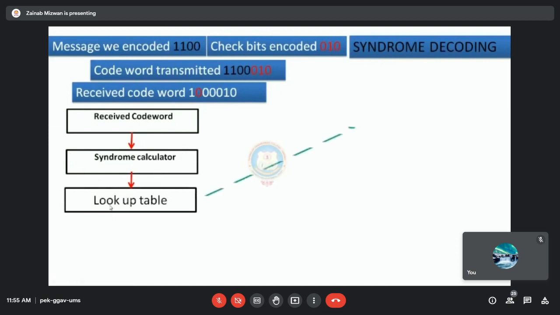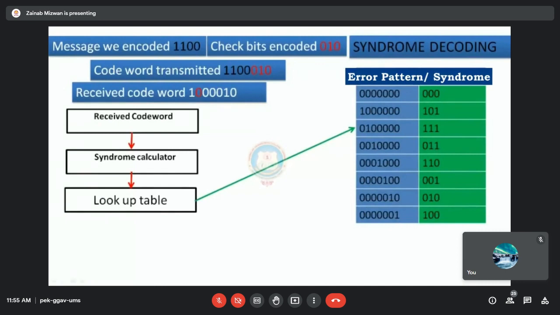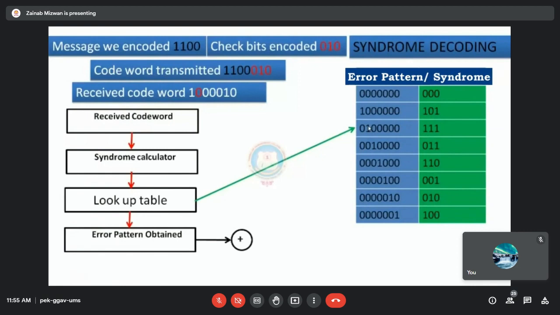The lookup table is nothing but an error pattern followed by the syndrome. Based on the syndrome value, the error pattern will be obtained from the lookup table. Finally, the error pattern and the received code word are given to the exclusive OR adder, and that will give you the corrected code word.